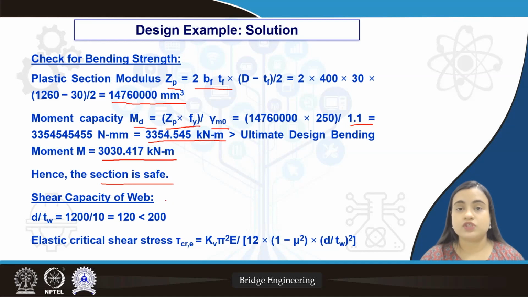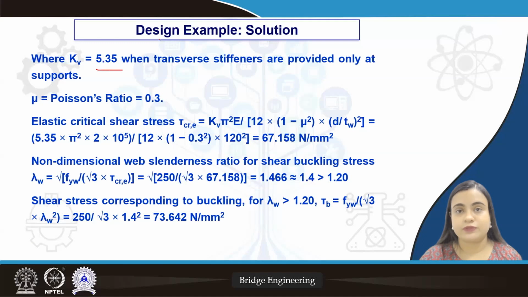Next, let's check for the shear capacity of the web. D by tw is 1200 by 10, that is equal to 120, which is less than 200. So elastic critical shear stress tau cre can be obtained as kv pi square E by 12 times (1 minus mu square) times (d by tw) square. Here kv equals 5.35 when transverse stiffeners are provided only at the supports. Mu is Poisson's ratio equals 0.3. Elastic critical shear stress then can be obtained by providing the magnitude of all the parameters. That turns out to be